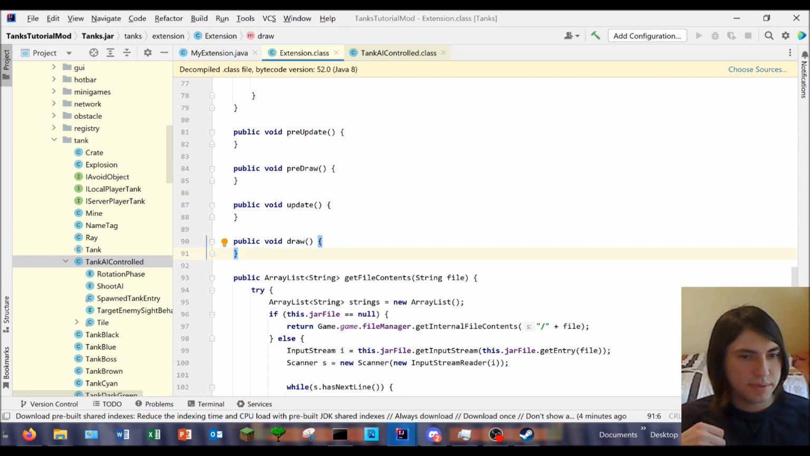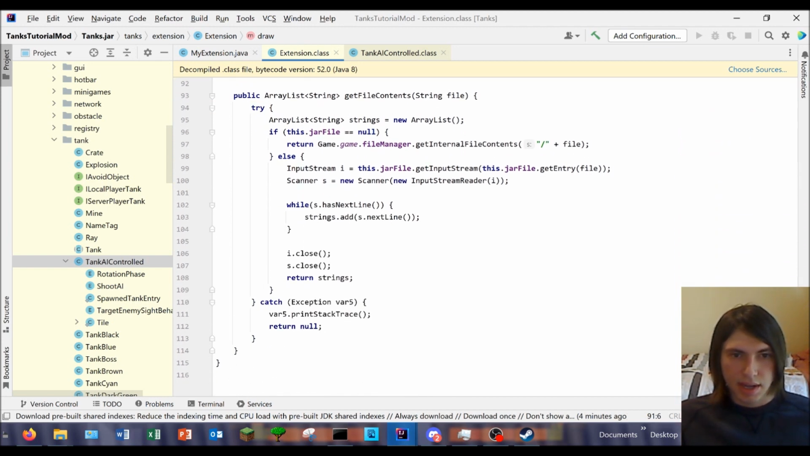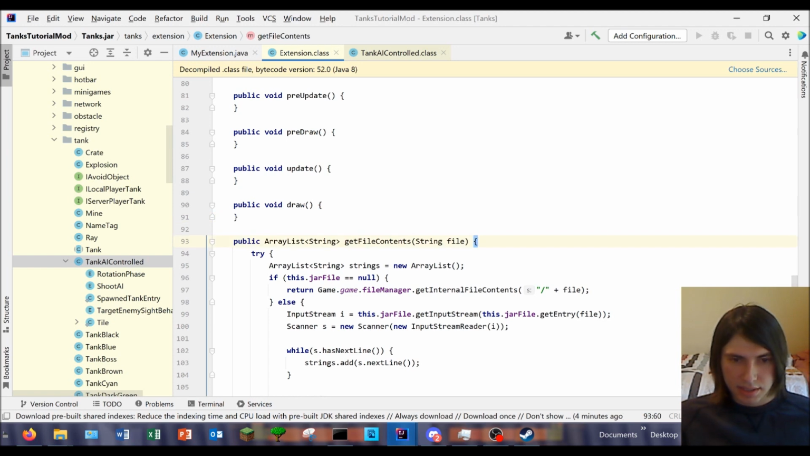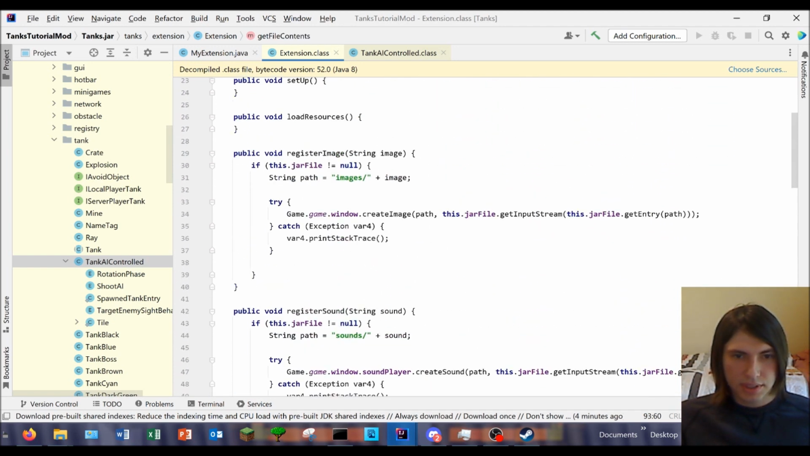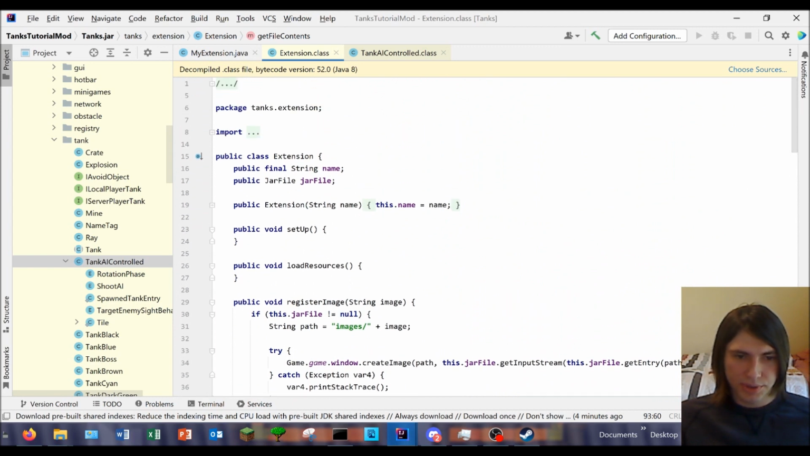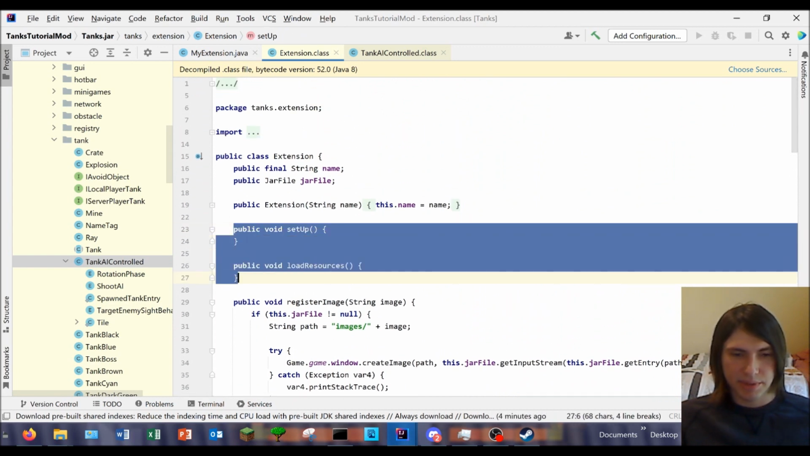An update, which handles changing positions of tanks, game logic and such. And then a draw. The draw just handles drawing the game scene. It doesn't really change the game state. And this is a util function, not very important right now. What you'll want to do is, the two important methods that we need to care about are setup and load resources,